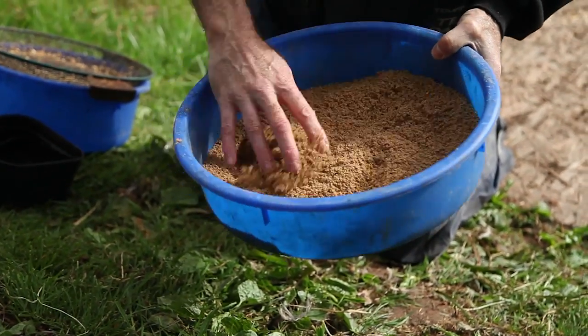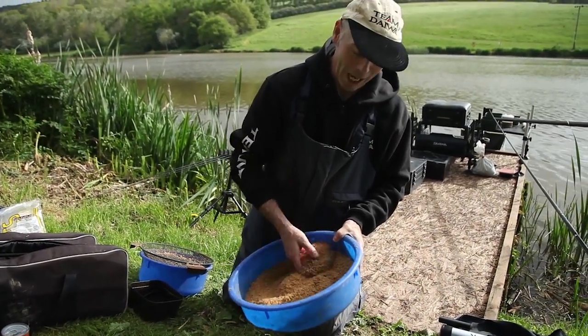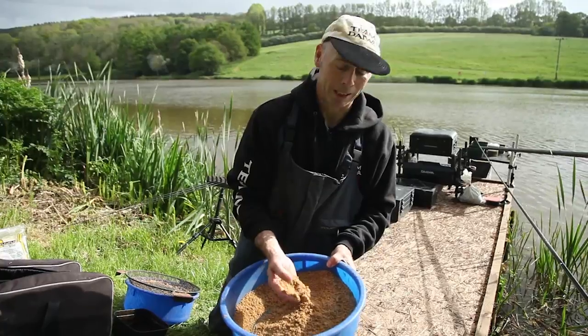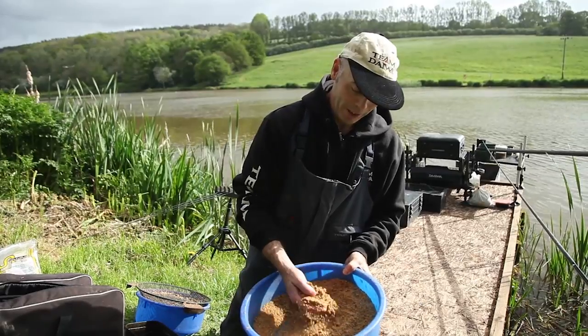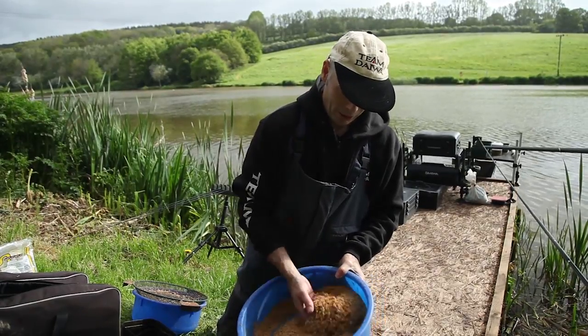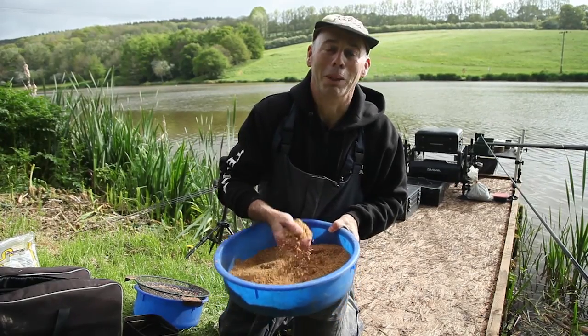The coarseness depends on the coarseness of the bits that you use, depends on what you expect to catch. If there's a lot of big bream and skimmers or big fish, then you're going to want a coarser mix. If you're expecting it to be a little bit harder, the bites are going to be less easy to come by, then you want a finer mix, because what you don't want is the fish to eat the groundbait and not your maggot or your worm. So that to me, it smells lovely. I won't say I'm going to eat it, but...